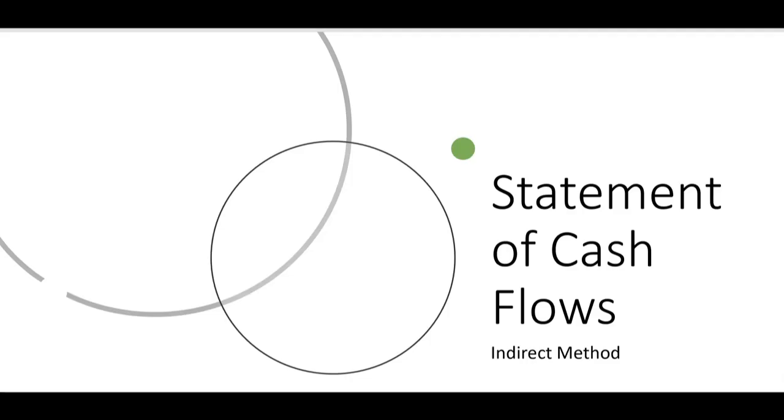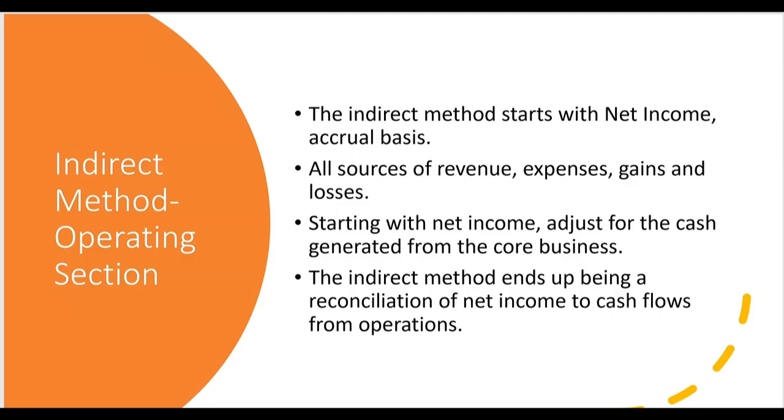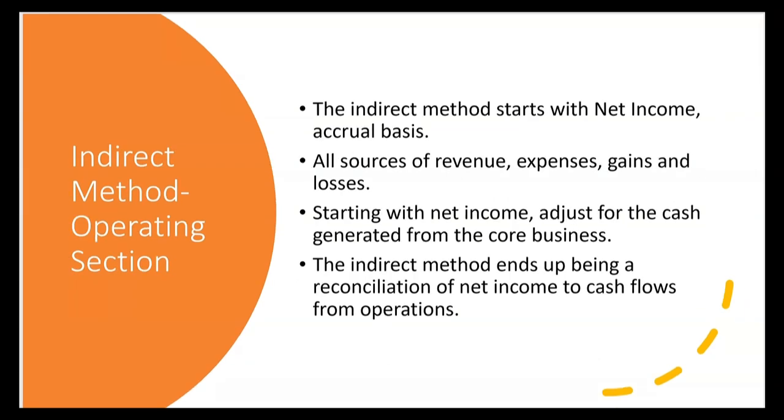All right, what do you have to know for the CPA FAR exam on the statement of cash flows prepared under the indirect method? The indirect method starts with net income, the bottom line on the income statement. All items of revenue, expenses, gains, and losses, and we get net income. We start with that under the indirect method, and then we adjust because what we want is the cash generated from the core business. So the indirect method ends up being a reconciliation of net income to cash flows from